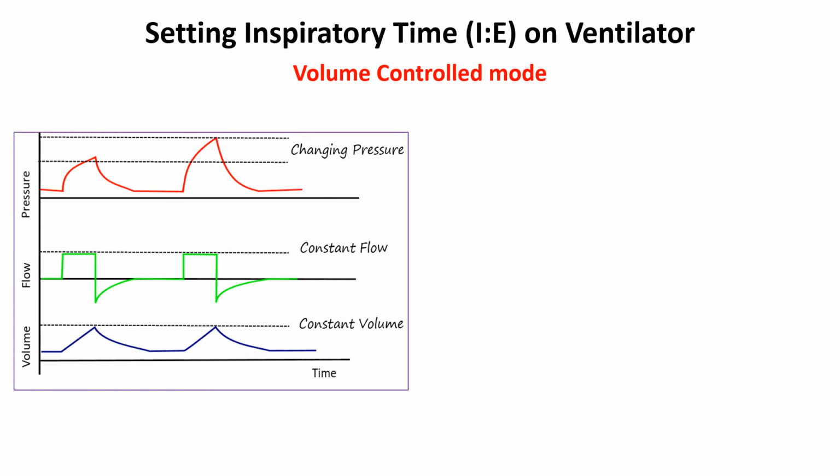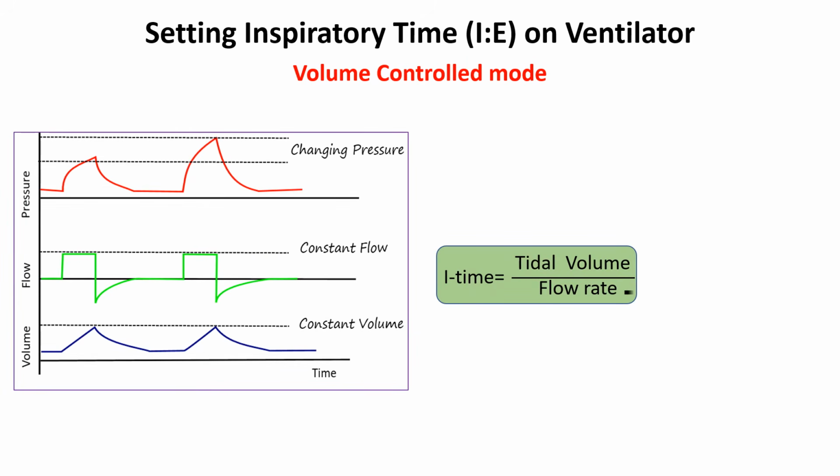Since the ventilator delivers a fixed tidal volume, the inspiratory time depends on how fast or slow that volume is delivered by a certain amount of flow rate. To quantify the relationship between flow rate, tidal volume and inspiratory time, we use this formula. Flow rate is the speed at which the ventilator delivers the air into the lungs. When the flow rate is increased, the ventilator delivers the tidal volume more quickly, which means that the inspiratory phase is shorter. In contrast, when the flow rate is decreased, the ventilator delivers the same tidal volume more slowly, increasing